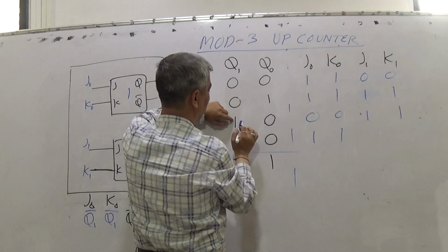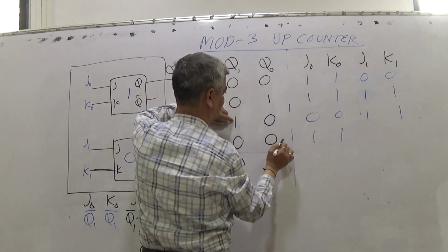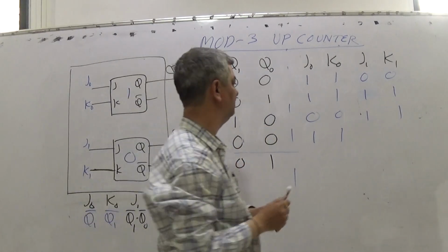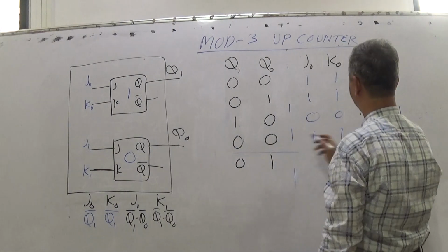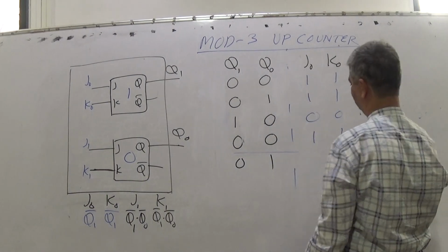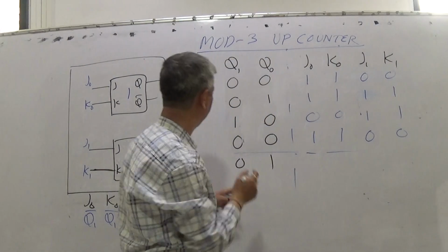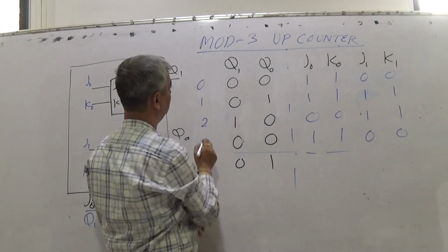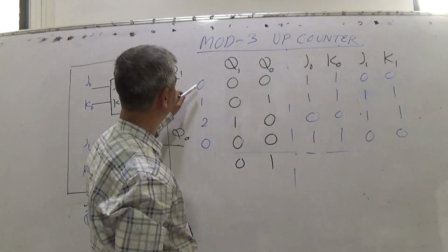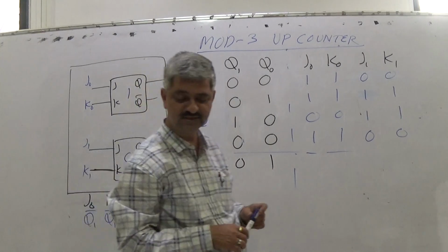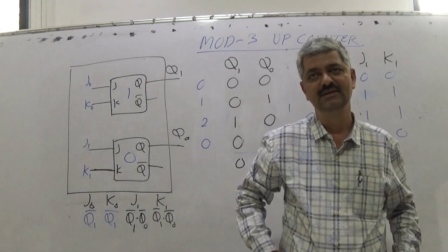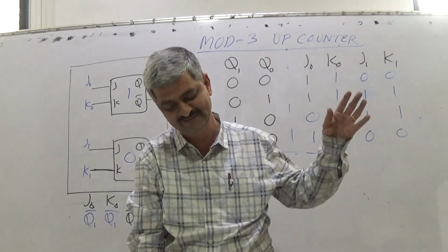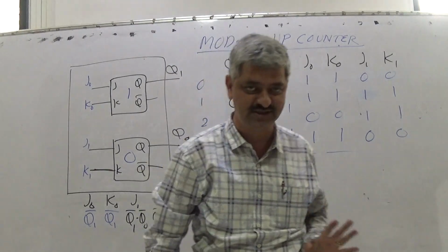Now we are here. When we are here, this is 0, 0, so this will maintain. And this is 1, 1, so toggle. So all possible things. Here also this is 0, 0. Then it's state 0, state 1, state 2. Now this is again state 0. It's a mod 3 up counter. 0, 1, 2. It's a mod 3 up counter. Similarly, a mod 3 down counter we can also design. There are many other possibilities which are beyond the scope of our discussion right now.